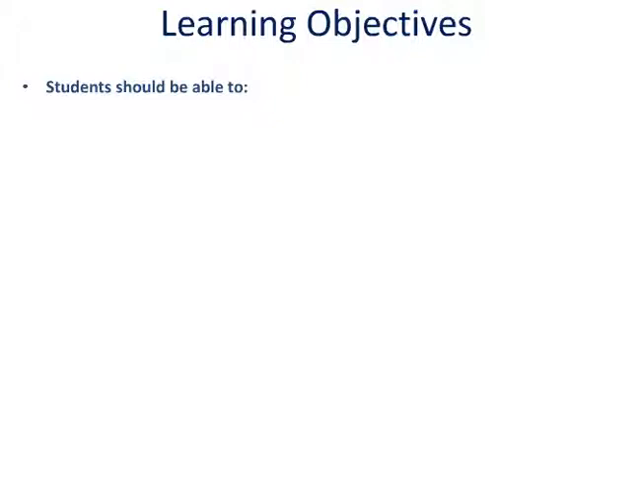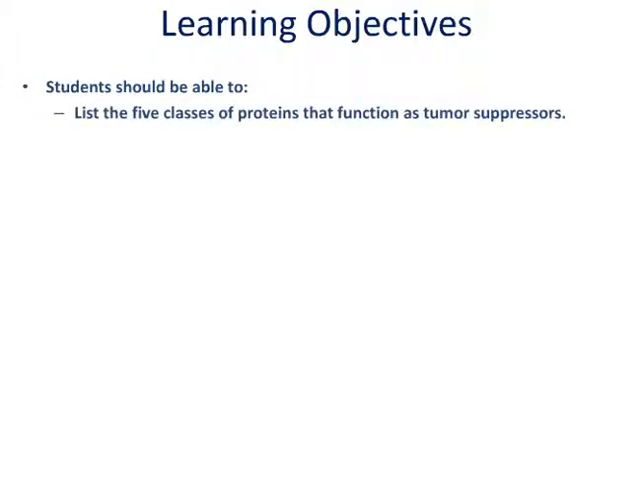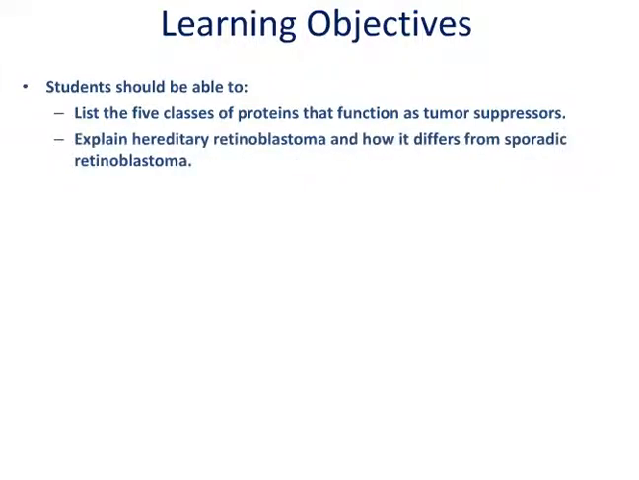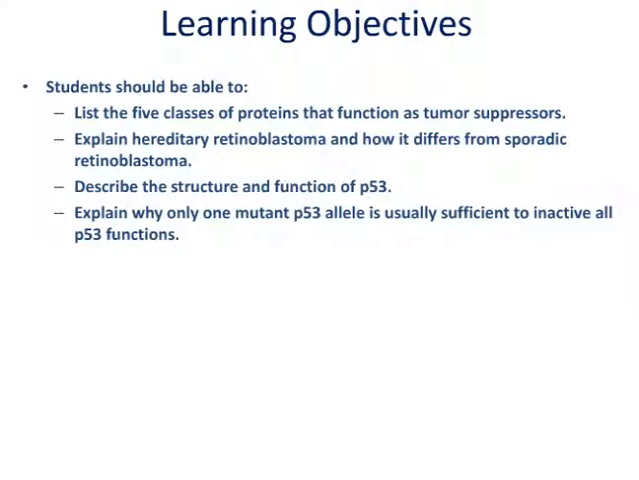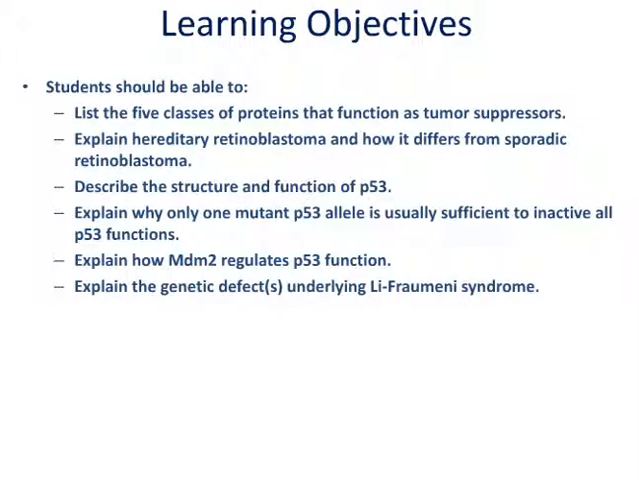After completing this learning module, students should be able to list the 5 classes of proteins that function as tumor suppressors, explain hereditary retinoblastoma and how it differs from sporadic retinoblastoma, describe the structure and function of p53, explain why one mutant p53 allele is sufficient to inactivate all p53 function,